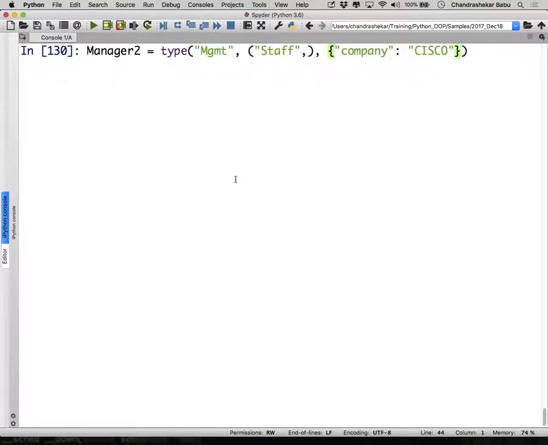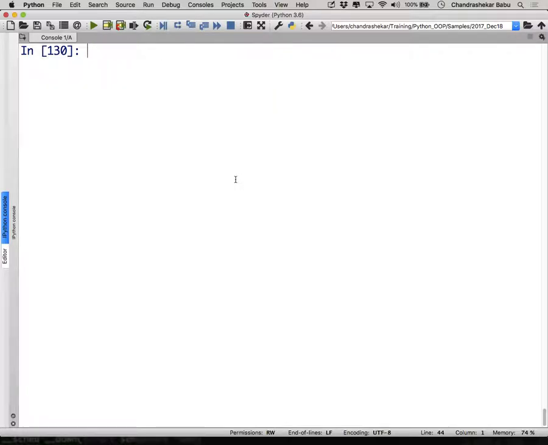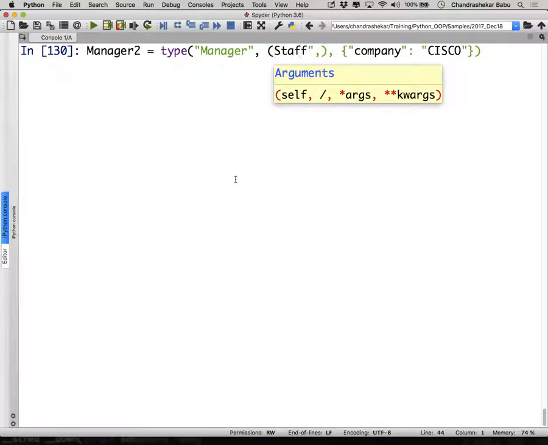It should be first the dictionary, then the base class, I guess. Oh, I made a mistake. Okay, it's correct. Staff I put in quotes, right? It should not be in quotes. That's a mistake.